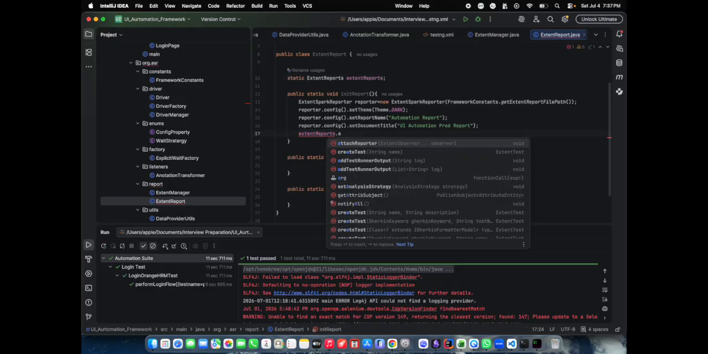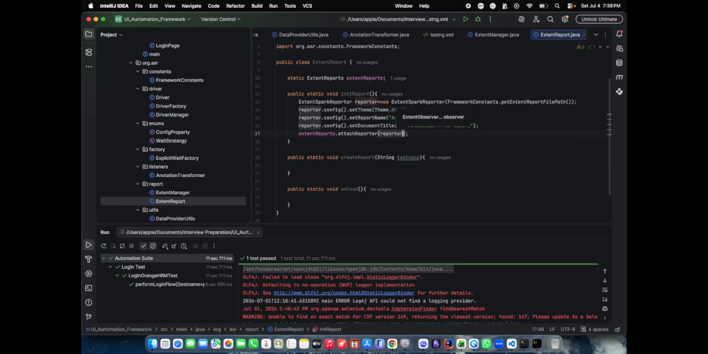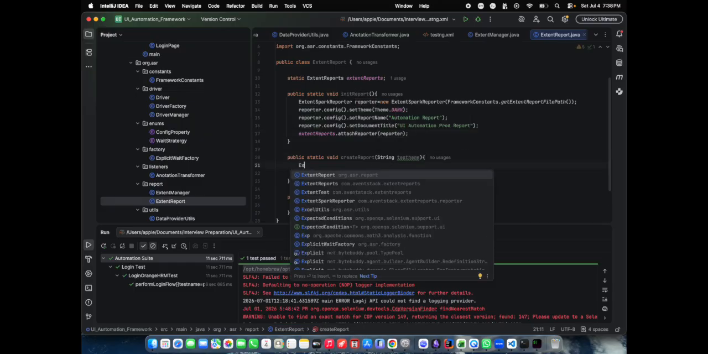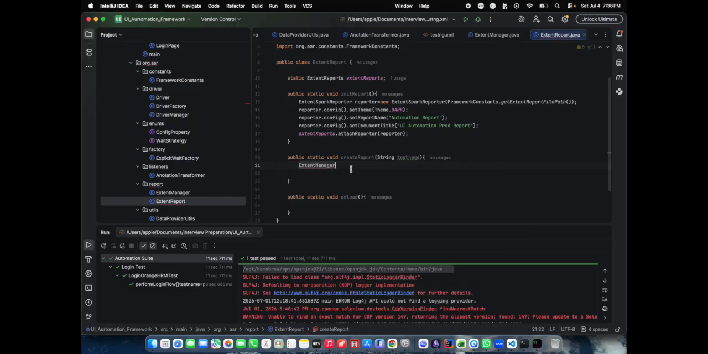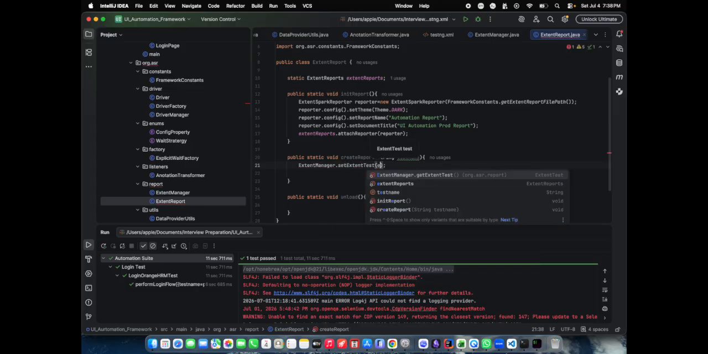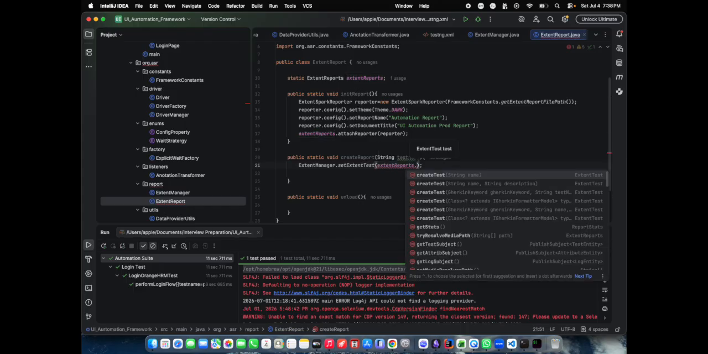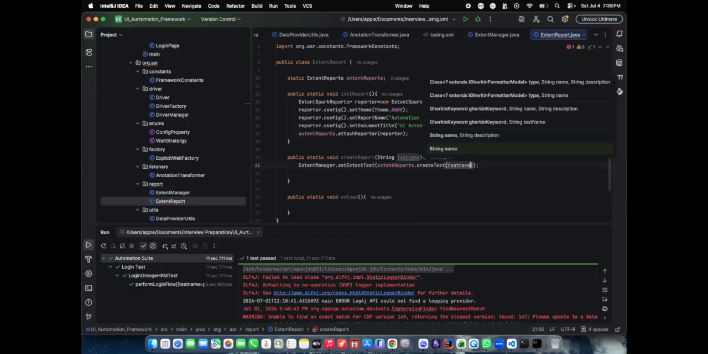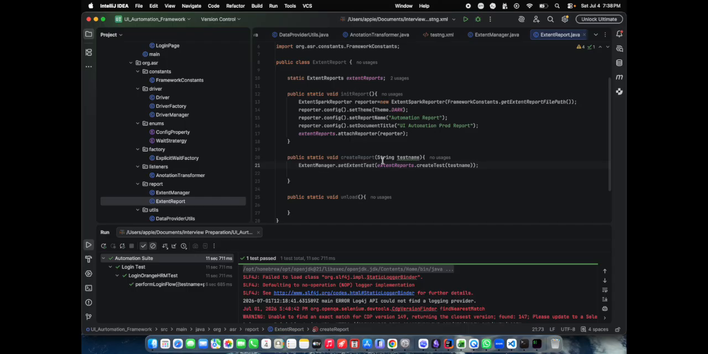reports dot attach reporter by reporter. So this should be extent reports basically, not extent report. So we can attach the report here, and post that we can create a report by using extent manager dot set extent. Then we can use the extent reports dot create test, and test name we can give. So with this it will set the extent test, and we are creating the extent report, and then